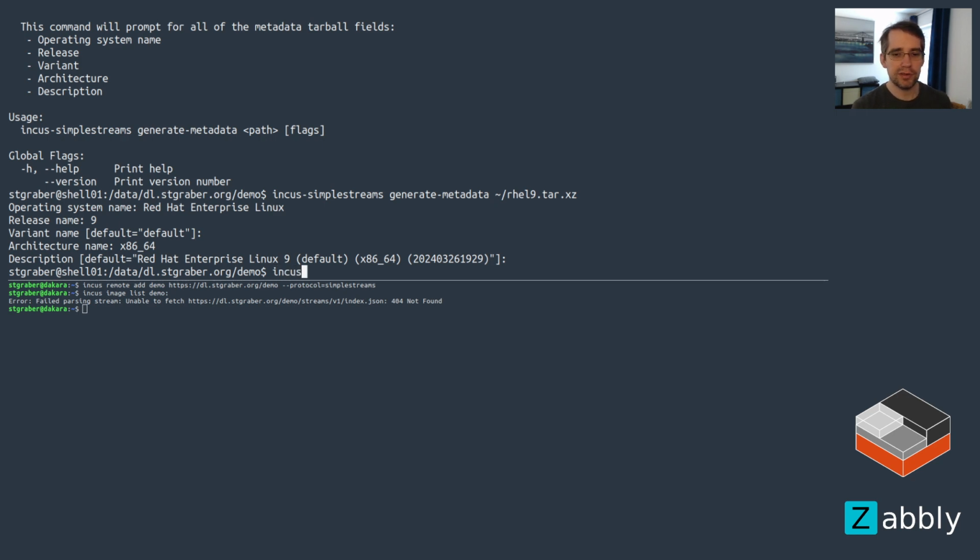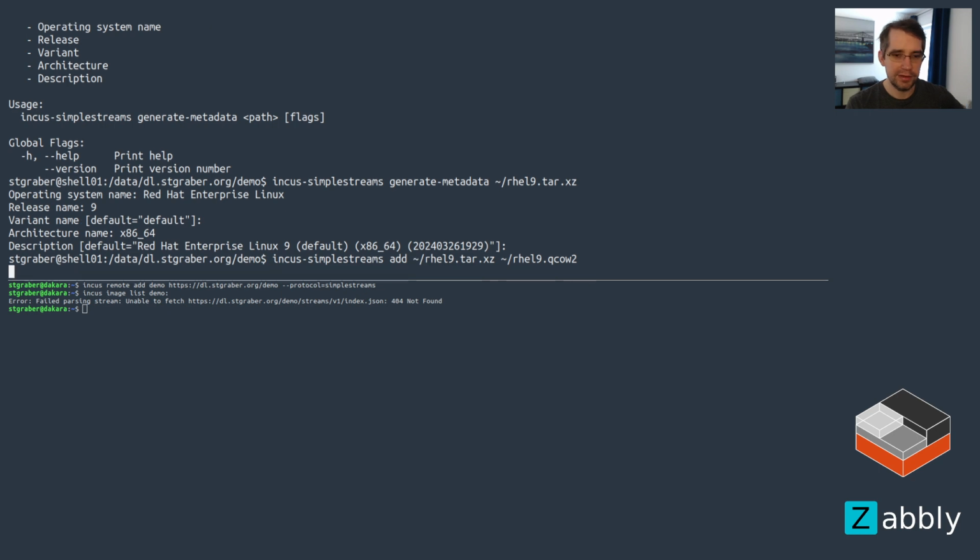Once you've got the metadata tarball, then you can actually add the image by passing in first the metadata tarball and second the data. So if that was a container, the metadata tarball would still work the same way, but then the second file would be a squashfs or a tar.xz tarball of the root file system. When you add that,